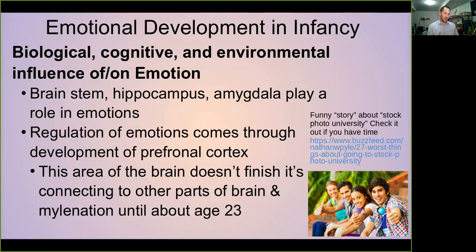So this picture, I don't remember the original reason I put this here because we're talking about infancy, but I put pictures of adolescence here. But this link, definitely not relevant to your exam or anything in the class, but it's a funny kind of story about Stock University, or the Stock Photo University. So go check that out if you have a couple minutes to spare as a break. So I'll probably go and look at it again now that it's up on my screen after I finish recording